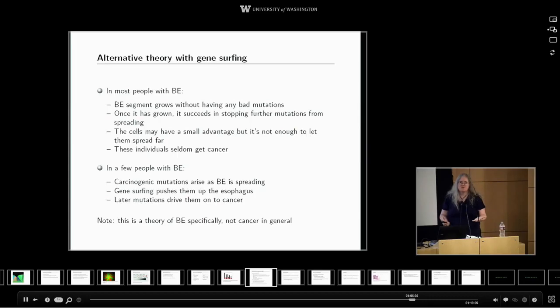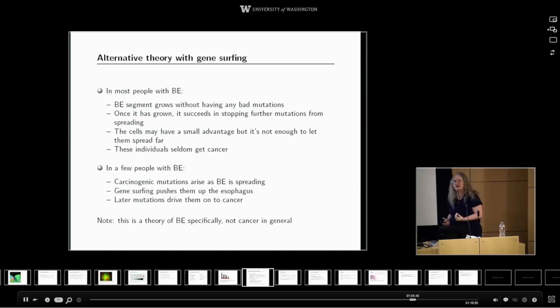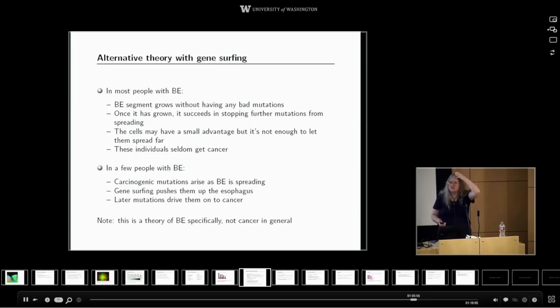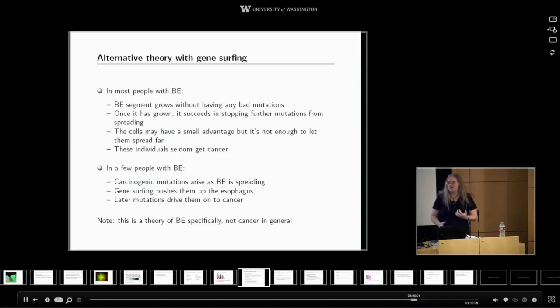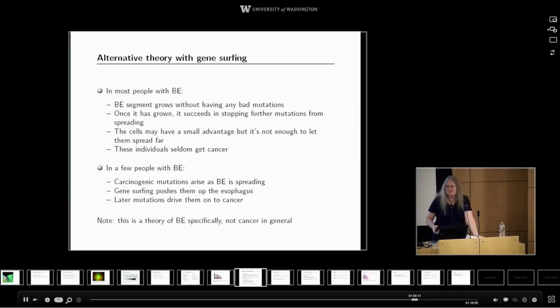So this says that by the time we first see a patient with Barrett's esophagus in the clinic, it may be that it's already fairly well determined whether they will get cancer or not get cancer, if only we could see how to read that information out of the genotype of the cells that are already in their throat. We thought that we were doing an ongoing surveillance, waiting for bad mutations to rise to tell us they were going toward cancer. But it may be we should just be asking, what's there now? And if it looks okay, maybe we can leave these poor folk alone and not stick a tube down their esophagus every 6 months for the rest of the 30, 40, 50 years they're going to live, which, frankly, they don't enjoy.